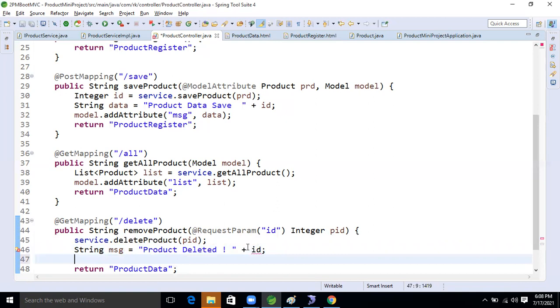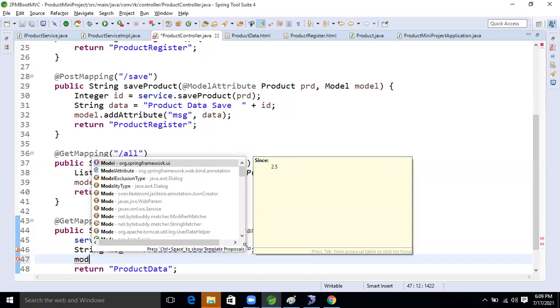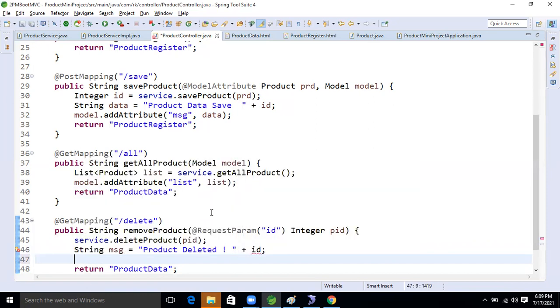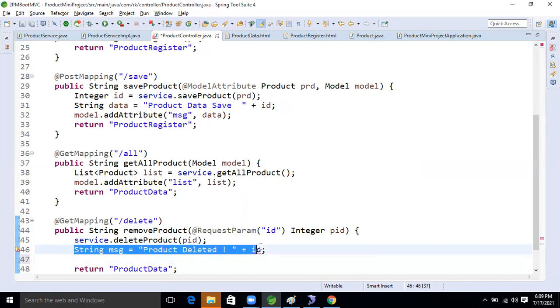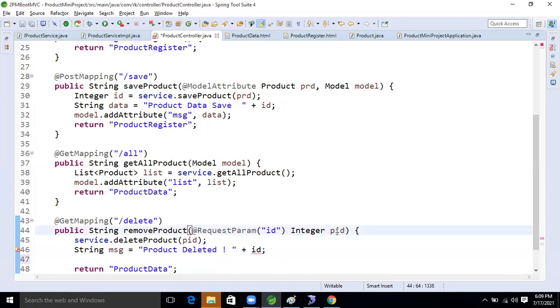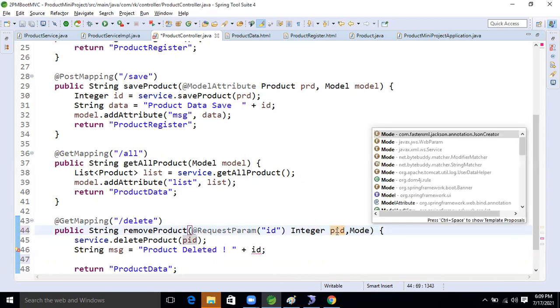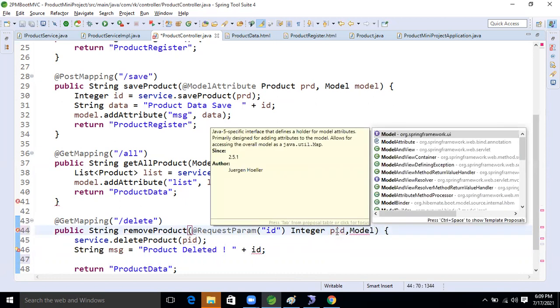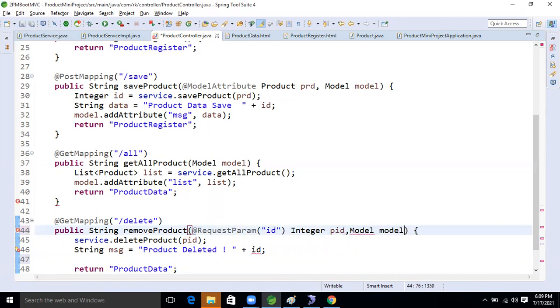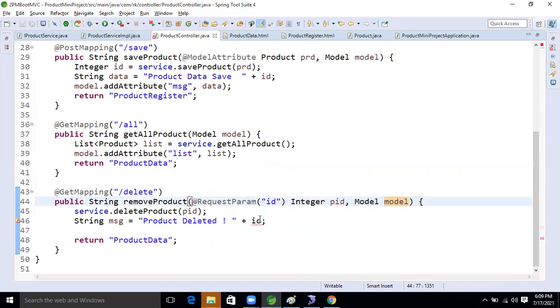After that, what will we store in the model memory? The PID. So if we want to expose this data, here we will add it to the model. Yes, Ravi, it's PID, deleted PID.